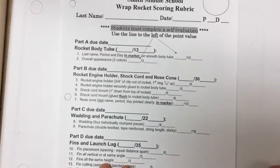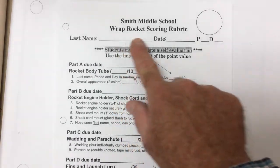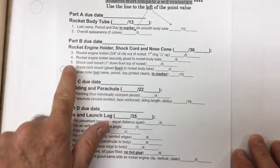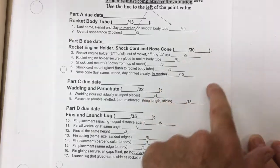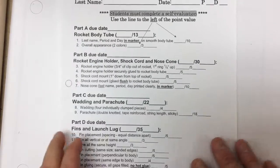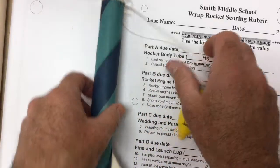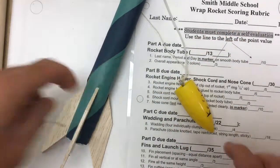In order to get your rocket engine, you're going to need to bring me your rocket scoring rubric, and I should have checked A, B, C, and D. If anywhere along in here you see the word fixed that is circled, you will need to fix that before you can ask me for a rocket engine. So again, you're going to need your scoring rubric, you're going to need your completed rocket, and then I will give you